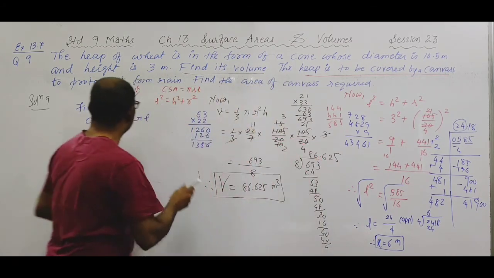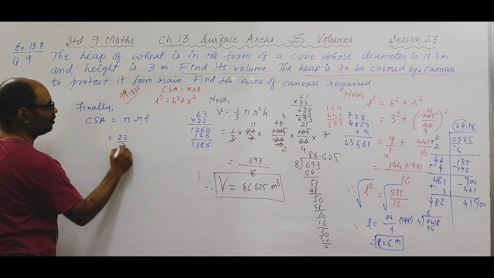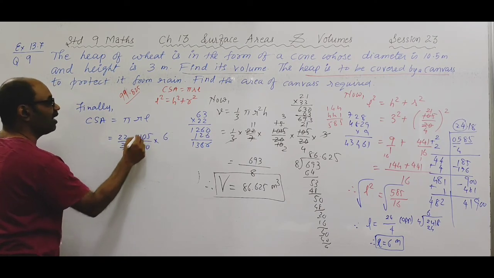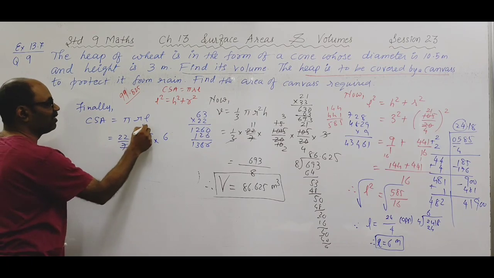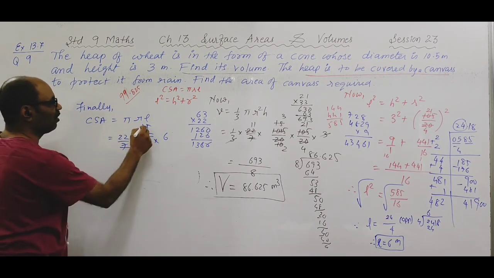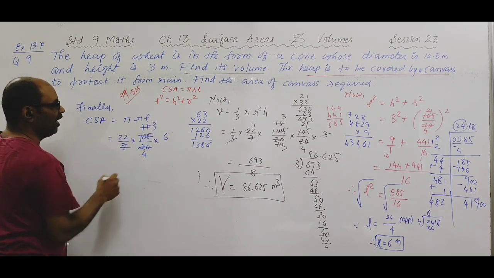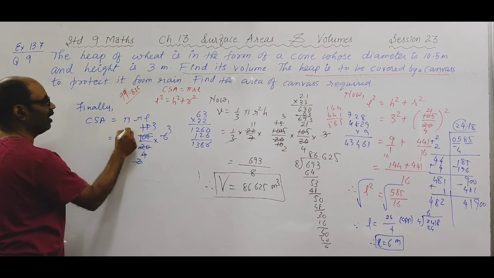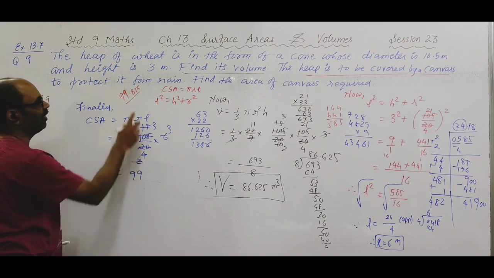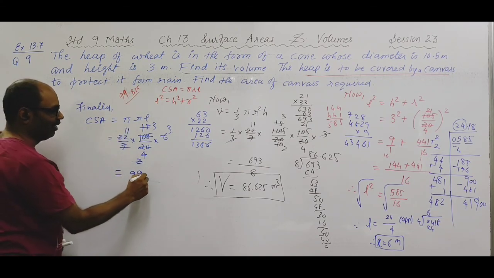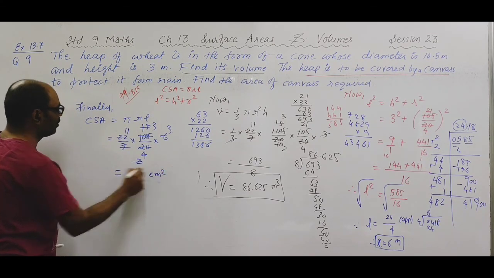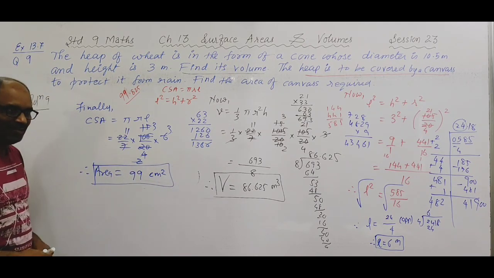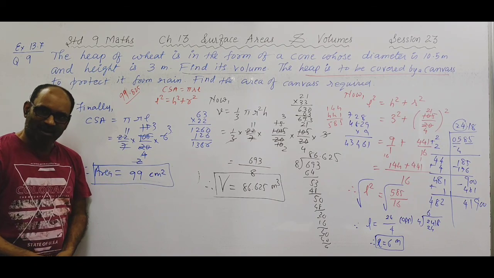Let's see again that calculation part. So 22 upon 7 into 105 upon 20 into L is 6. 7 ones are 7. 3 remain. 7 fives are. I wrote 21. Okay. 5 threes are, 5 fours are, 2 twos are, 2 threes are, 2 ones are 11 are. 11 nines are 99. It will come slightly less than that. I had said so, right? This is what? Centimeter square. So this is area. So what is the area of canvas required? So that error is now rectified.